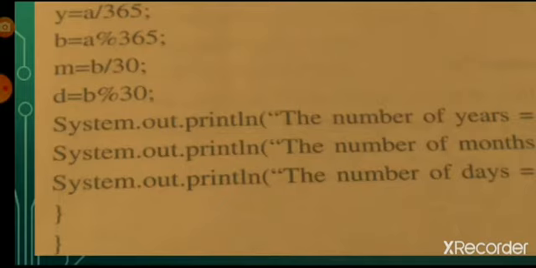So class, starting from the first line, class should be in small letters, public static void main, all are in small letters, but String S is in uppercase letter. Here System, S should be in uppercase letter, and the rest, out.println, should be in small case letters, okay. System.out.println is used to print the